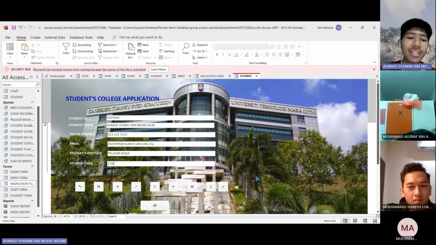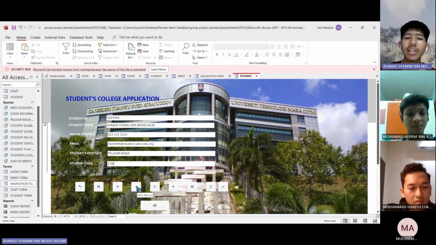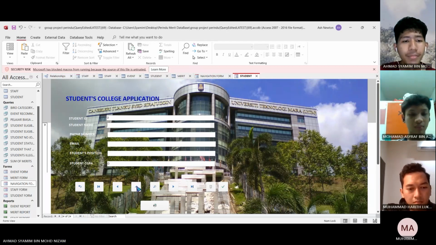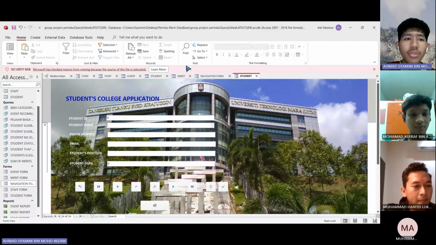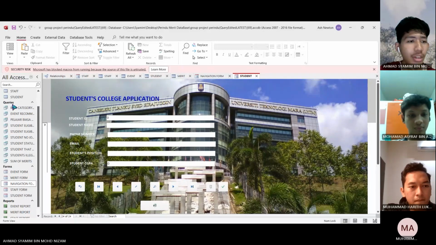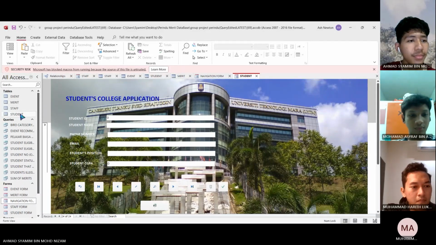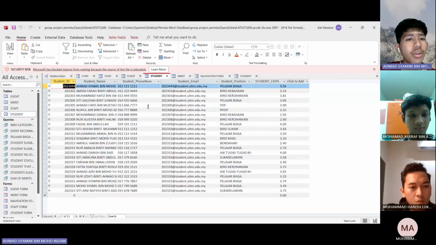The most important one for this presentation is basically this button, which if we click it, it transfers the data into the table. So as you can see, now the form is empty. And if we look back into the student table, over here, as you can see at the top record, there is Ahmad Shamil bin Muhammad Achab